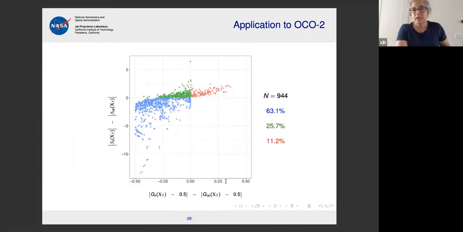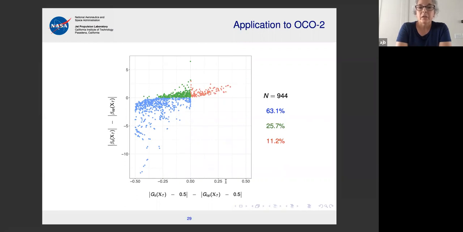And here's a very nice graphic that Joachim made that shows out of 944 footprints. And by the way, for the footprints that we used here, we did not do the usual thing that I've seen people do, which is to draw some arbitrary size box around the t-con site and say anything in the box is a so-called match, and we'll compute our statistics based on the difference between anything in that box and the t-con value. We took the 1 kilometer footprint that actually contained the t-con site, and we used those. And there were 944 of those over those 4 months.